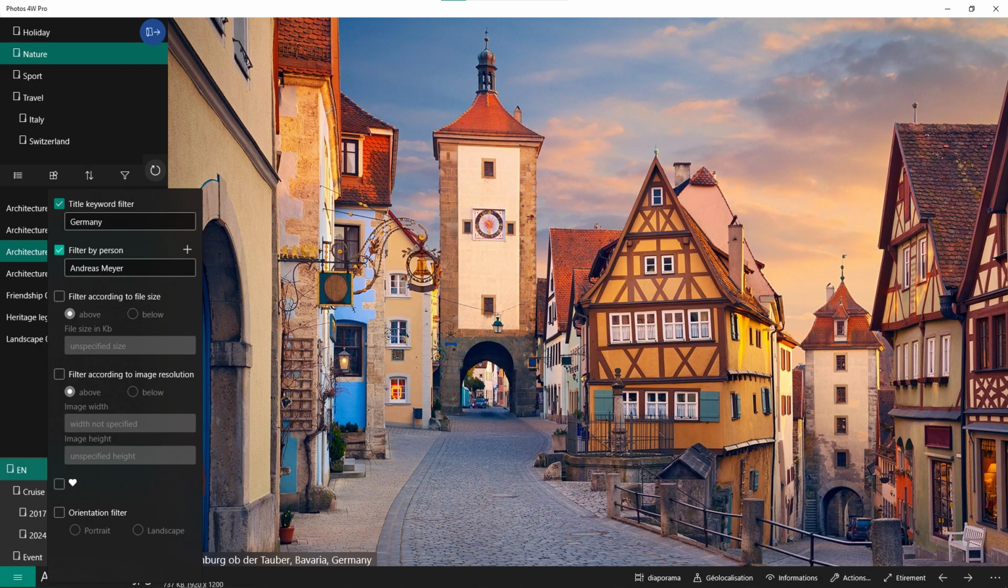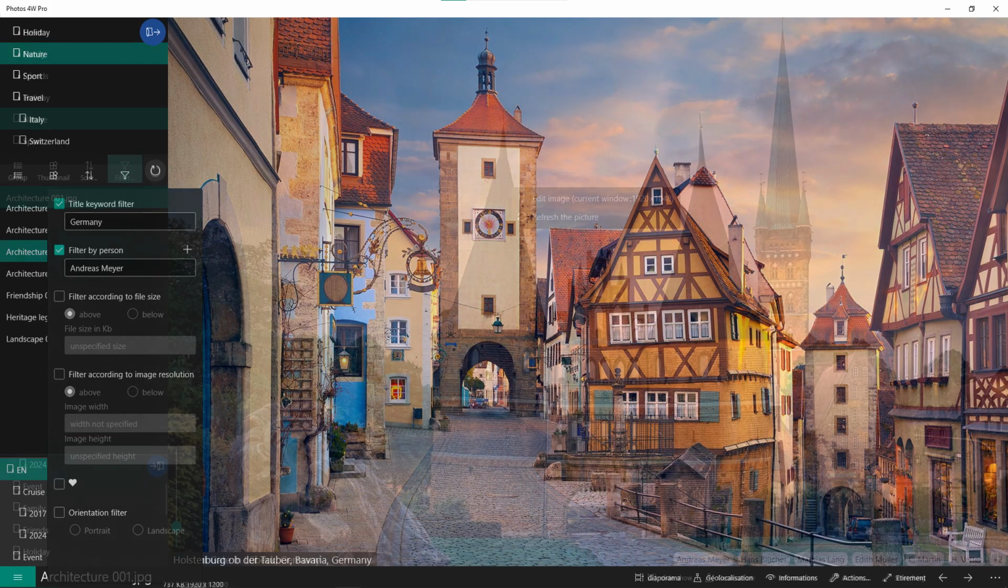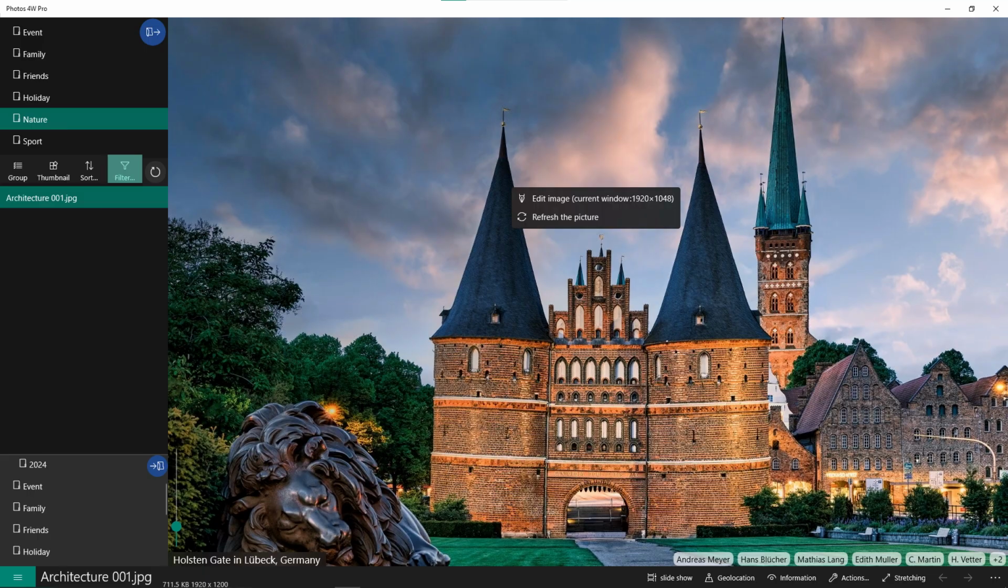But let's refine our filter by adding a person search. By clicking outside the filter menu, we confirm a filter on the keyword Germany and a search for all images including Andreas Meyer. With this restrictive filter, we obtain the single image where one of the people is Andreas Meyer and whose title